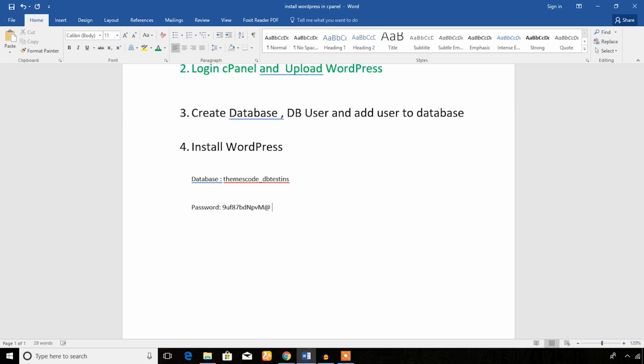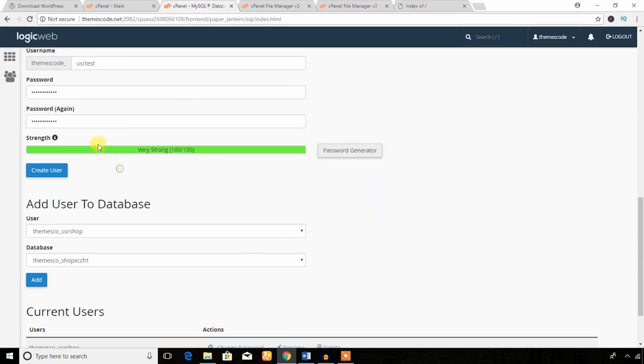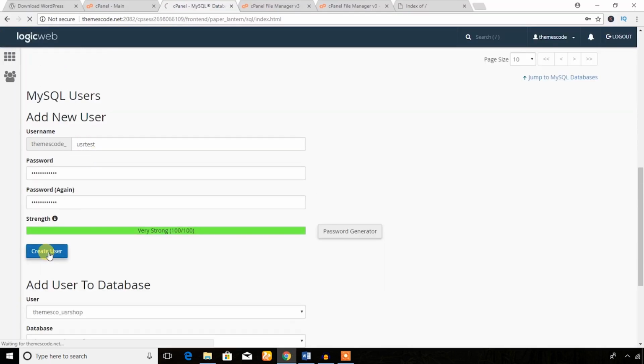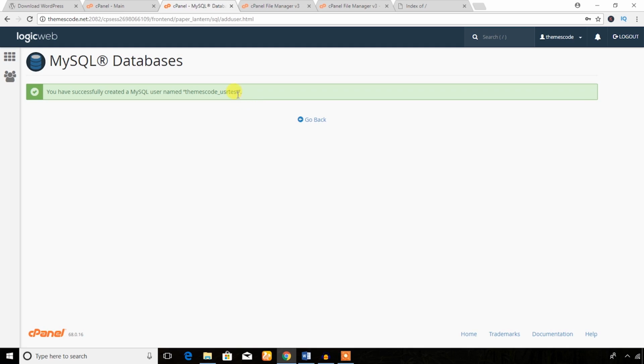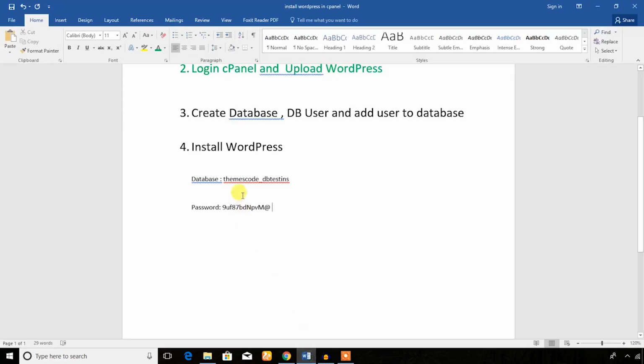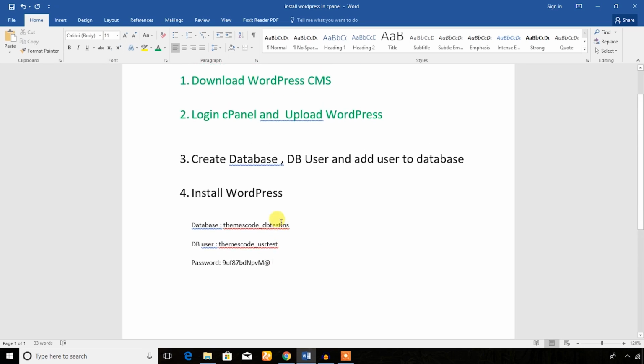This is the password, and now I will just create the user. Okay, the username is this. Briefly, I have noted here db user. Okay, I hope you did not face any problem in this third step, and now it's time to add the